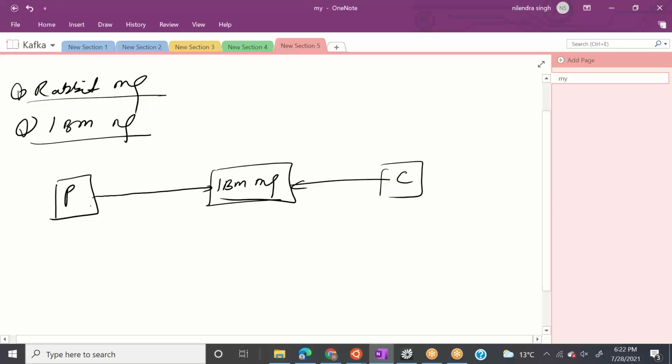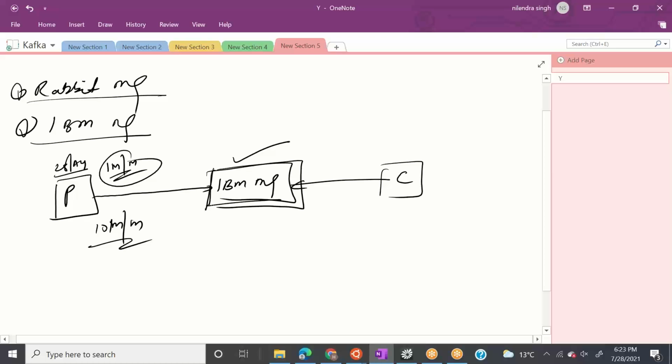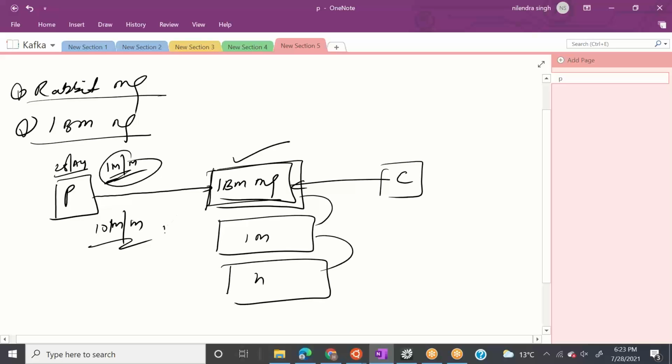So if today, the 28th of August, this producer is sending 1 million messages per minute, and this machine is working fine, can we guarantee that this machine will work fine at 10 million messages per minute? We cannot guarantee it, because this is a single machine. This is not a distributed machine. So to make this machine work from 1 million to 10 million, we may need to add a few other machines to IBM MQ, and we need to do a lot of configuration. We need a load balancer, then it will come here, it will go here. A lot of things we need to do, right?